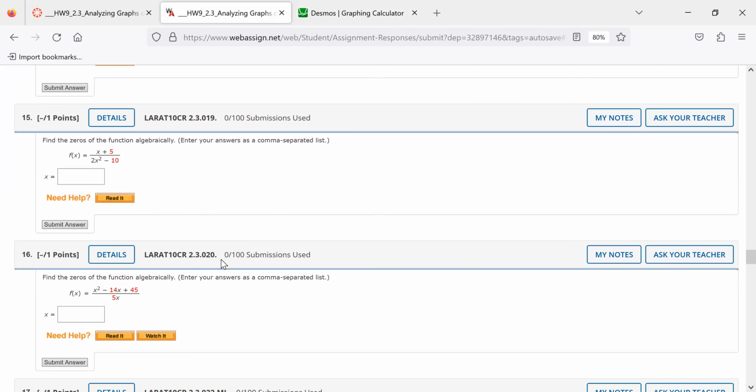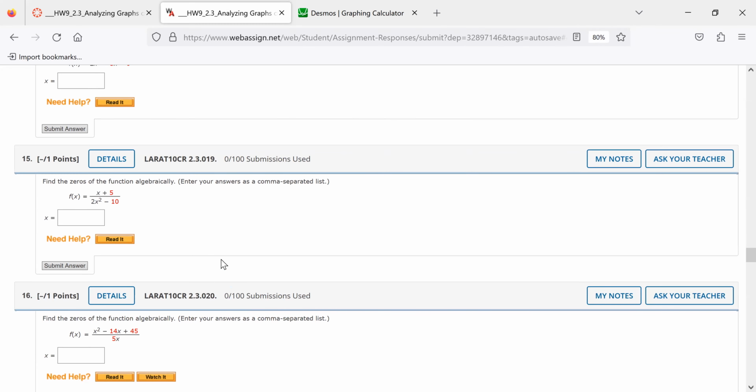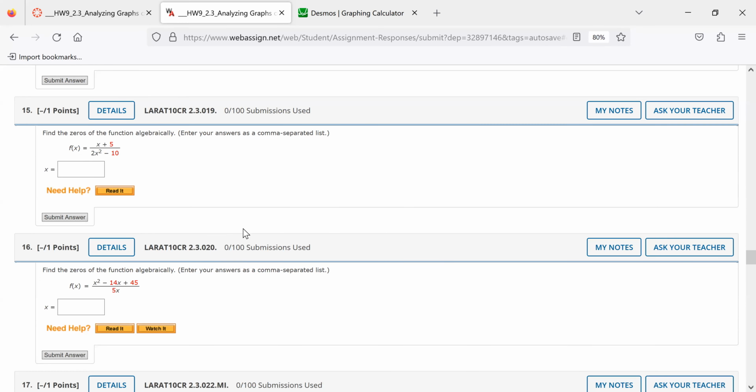All right, 15 and 16 are similar. The only thing I need you to know is when you're doing zeros for rational expressions. I guess we could do it right here. You set the numerator to 0 because the bottom cannot be 0, and the only way you will get